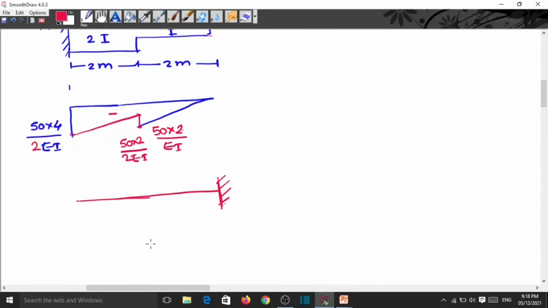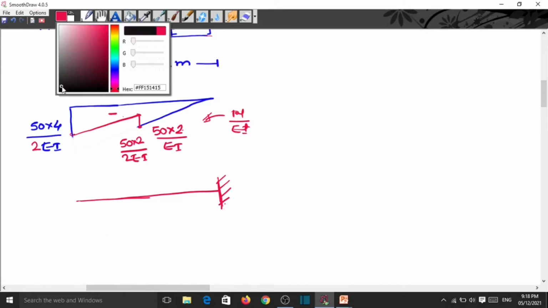Now we have to apply this load. By sign convention we know here the hogging bending moment for real beam is negative, and this negative M by EI diagram means downward loading for the conjugate beam. So here apply this load on this beam. This diagram is the M by EI diagram, and this is the loading for the conjugate beam. So apply this load on this beam.